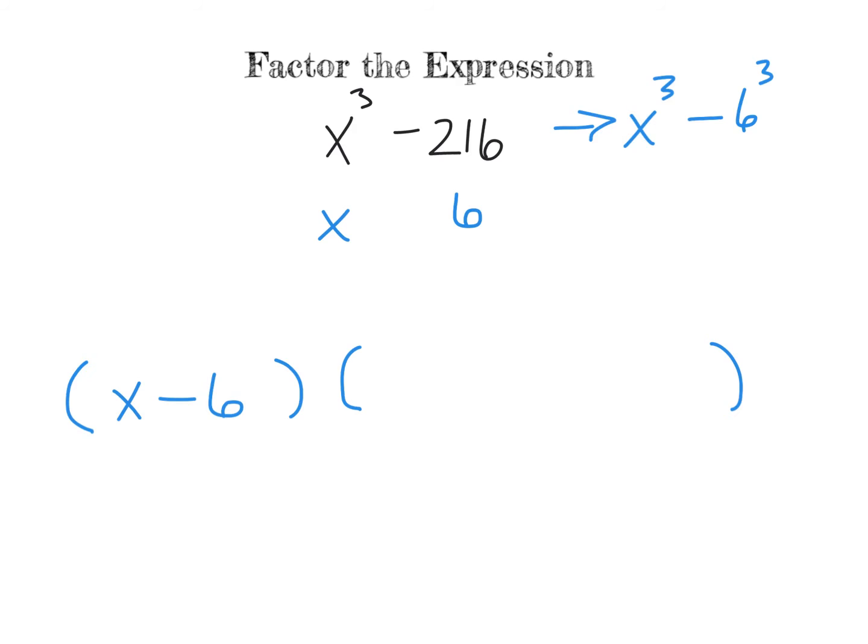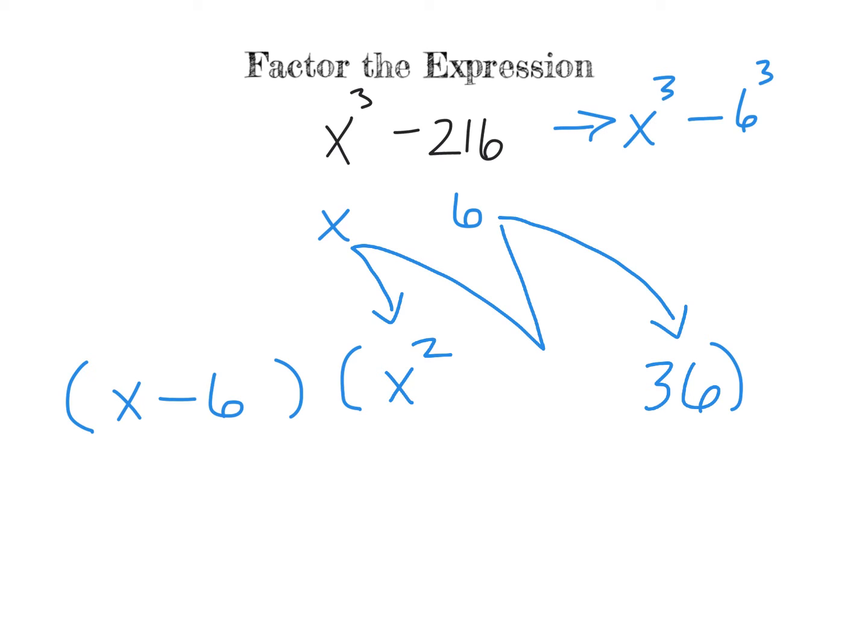I'm going to start by squaring this term. X to the second power is x squared. I'm going to do that to the last term. 6 to the second power is 36. To find this term in the middle, I'm going to multiply these two terms, and I'm going to say x times 6 is 6x. Now I'm still missing symbols, the plus, minus, and stuff between these three terms,